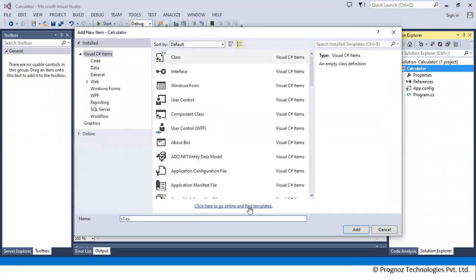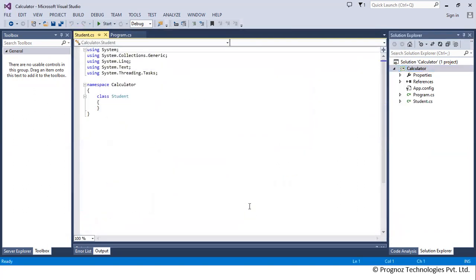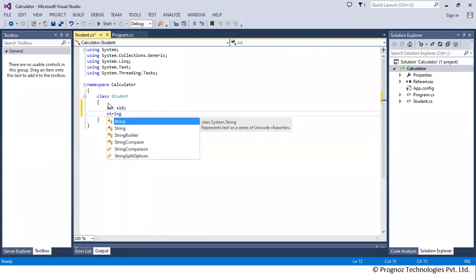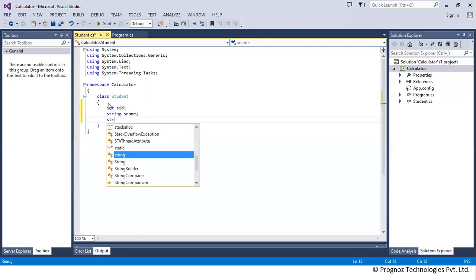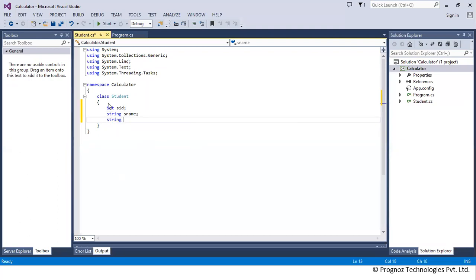The name of the class, suppose I'm giving here, is student. Here I'm declaring certain properties like int SID, string sname, string city,